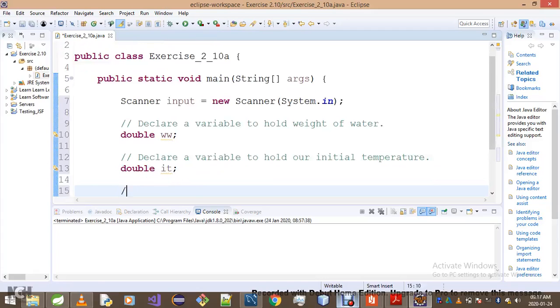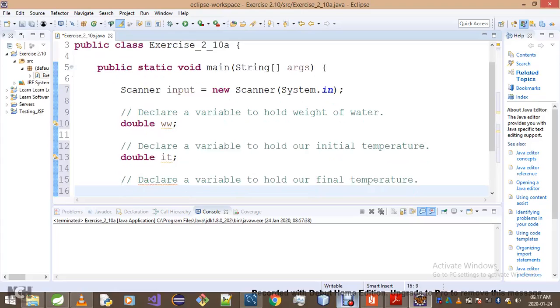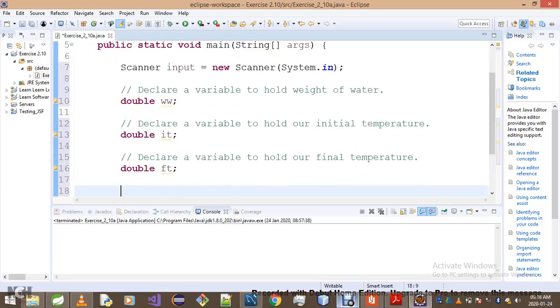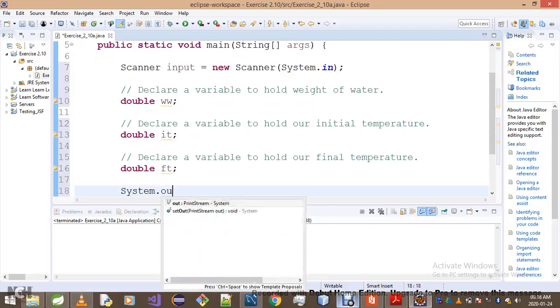Okay, and lastly we declare a variable to hold our final temperature. Okay, it's the E, not the A. Okay, double final temperature. Okay, what we then do, we simply prompt the user to enter